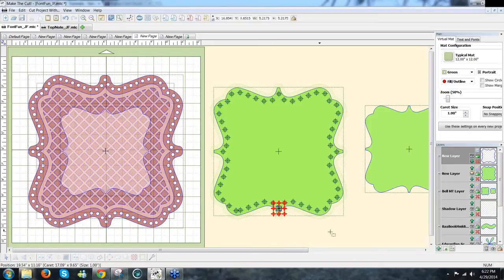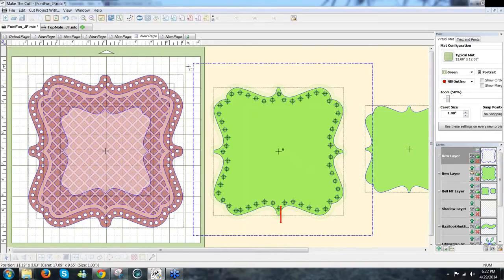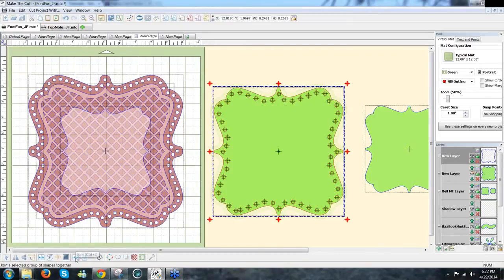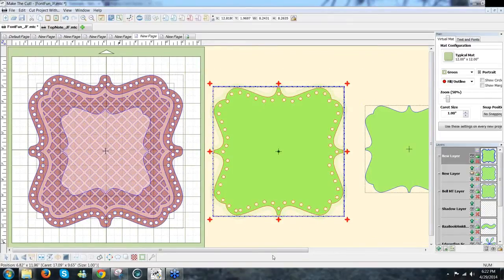And then once I have them where I want, then I can just select them all and join. Once I have that piece, then I can show my outside line there,